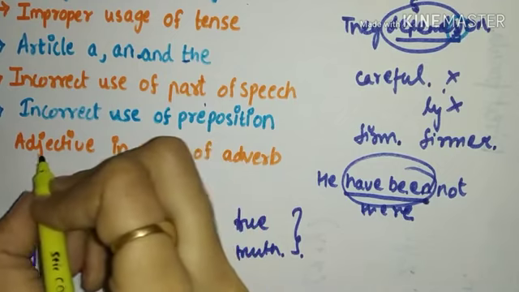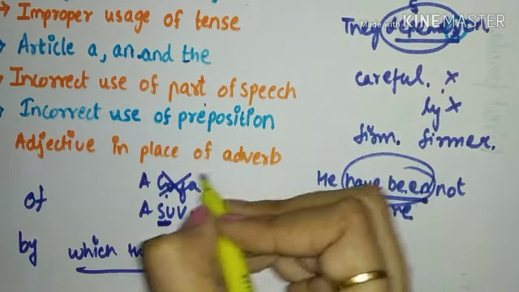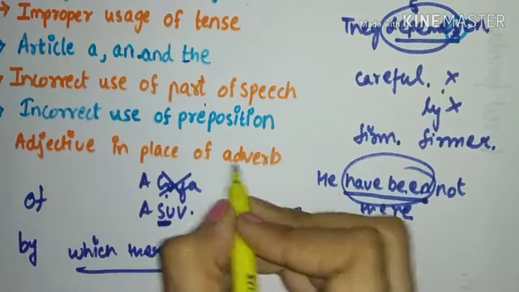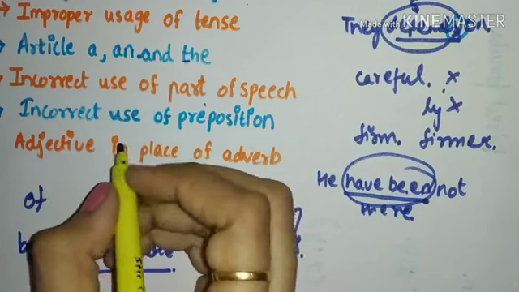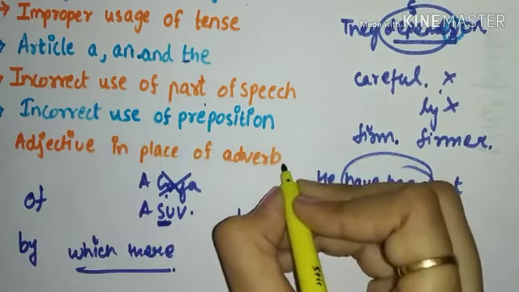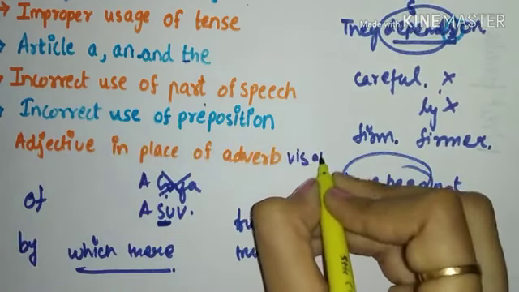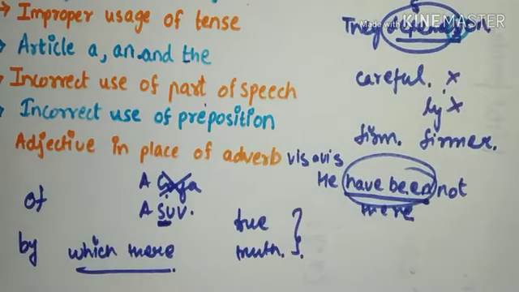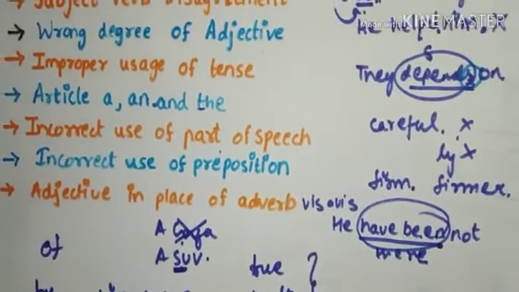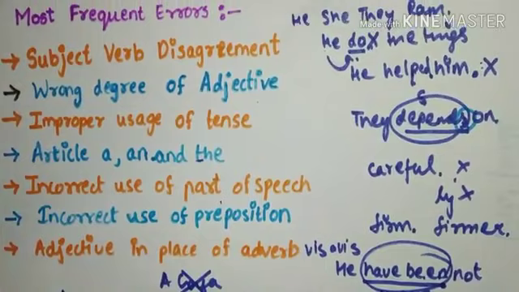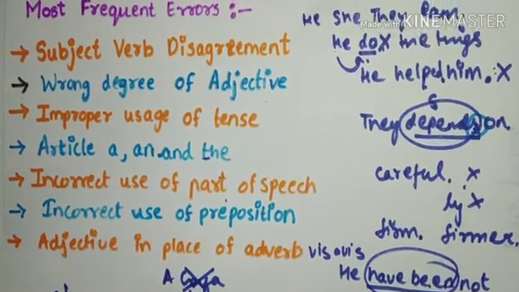And the last one is adjective in place of adverb. Many times, instead of an adverb, an adjective is used and vice versa. So make sure that you spot this kind of error also. Now that we are done with the types of errors, the most frequent errors which appear in sentences, let's go